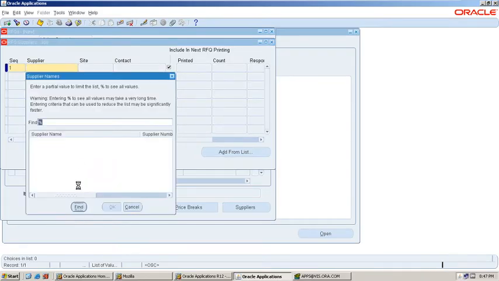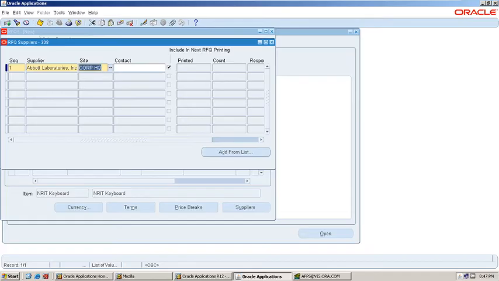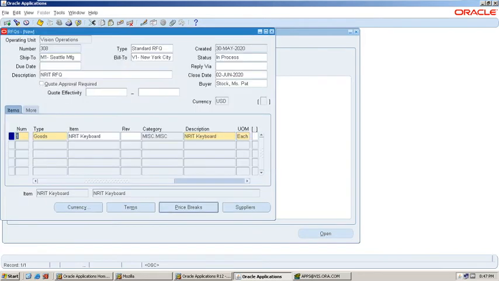Choose any supplier you would like. I am selecting the supplier name as Abbott Laboratories, the site name as Corp HQ. Now verify the RFQ details in the database.